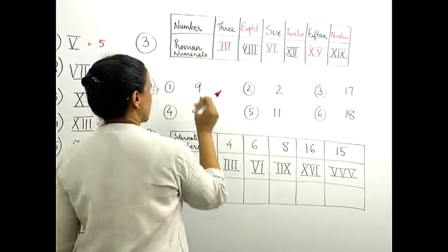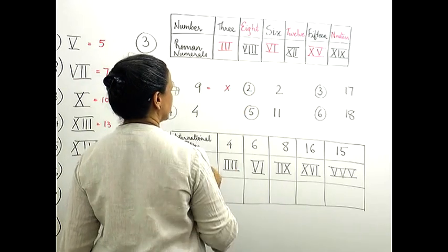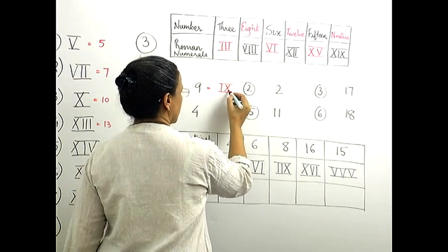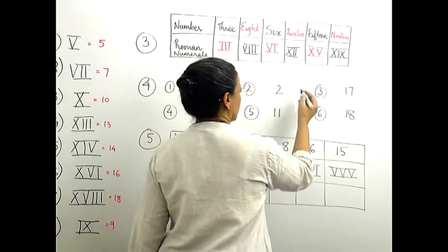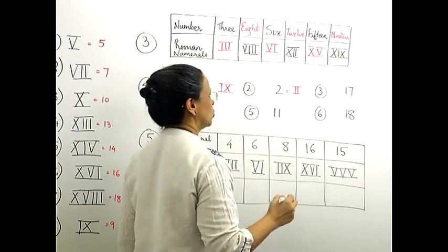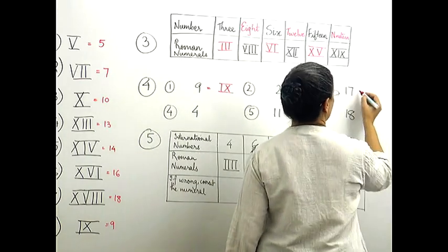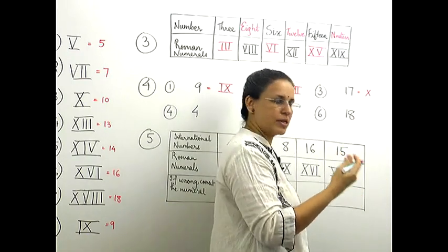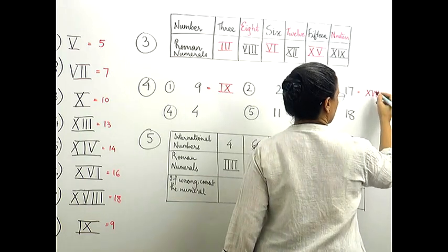So how do we write number 9? We had already seen. We first write 10 and then we minus 1 from it. That will give us number 9. The second one was number 2, which was very easy. You just have to draw 2 lines and that will give you number 2. The third one was 17. Now for 17, you would have to first write the number 10 and then we add to it 7. How do we write 7? We write 5 plus 2 gives us 7.